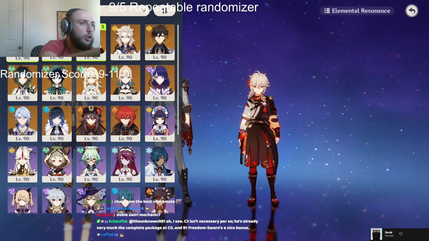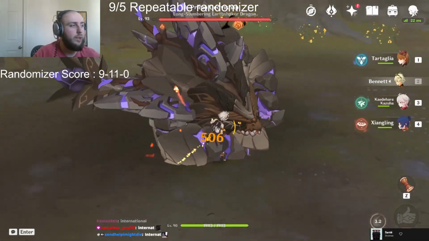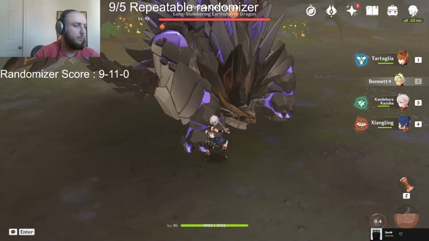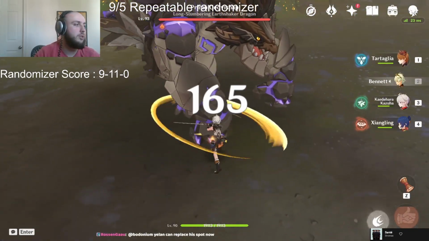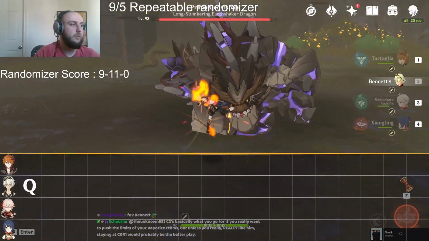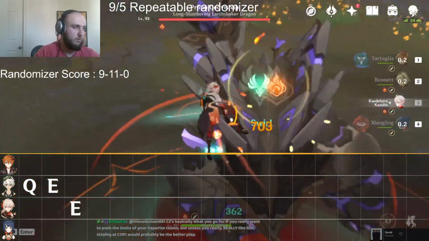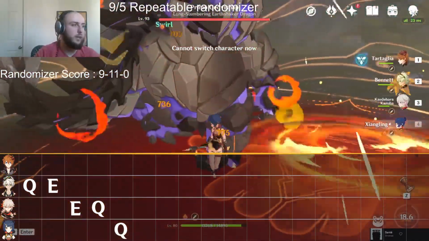The first team we're gonna use, I guess, is International. If you're relatively new to this team and you don't want to bother with doing the perfect setups, what you'll do is you'll just swirl Pyro, use Xiangling's burst, go to Childe. Right, very straightforward setup, but